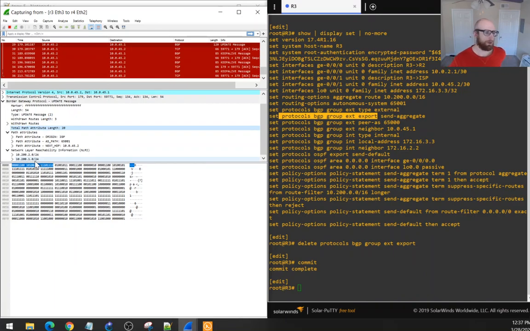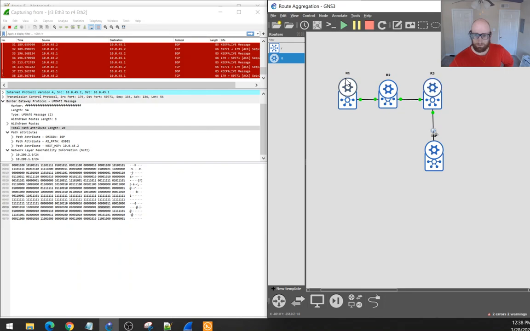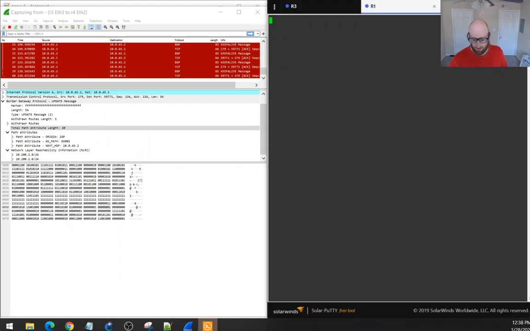You can see now we're learning the specific 10.200.2.0 and 10.200.1.0. We're learning those specific addresses that were configured on router 1 instead of the aggregate address. So let's roll back that change and take a look at the update message that replaces those routes with the aggregate routes. Before doing that, I'll quickly show